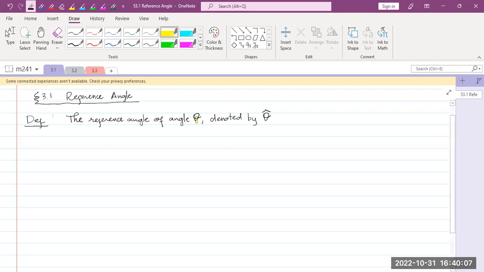So it's the same notation, right? Theta, this is theta. But for the reference angle of theta, we use this hat here. Okay? The reference angle theta hat